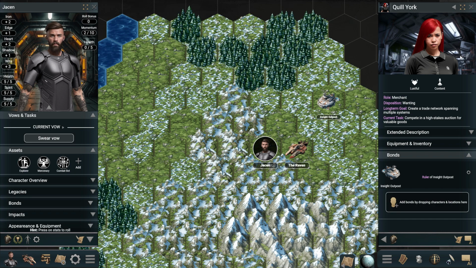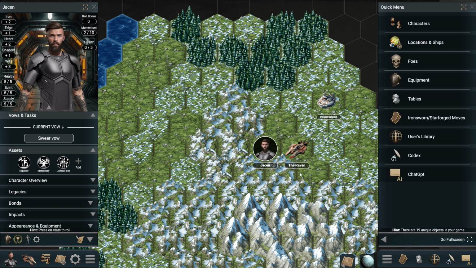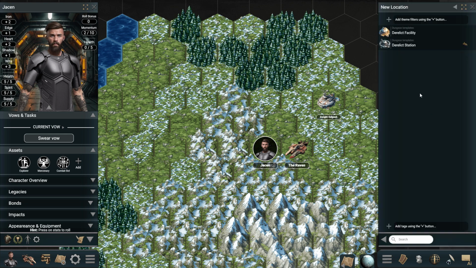It's time we take a look at the dungeons. So let's create a dungeon right here on this planet. To do that, we again go into the locations, and we press right here, dungeon. So we're going to create a derelict facility,